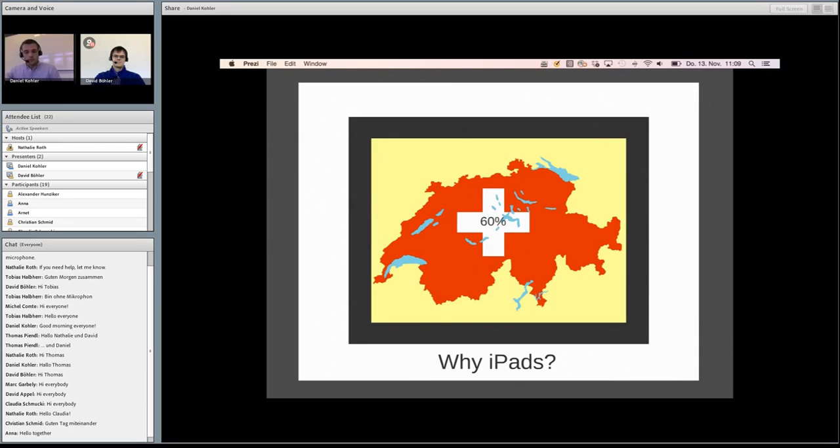And recently, Apple released a new technology within their technology set, the mobile device management, where you can even deploy the iPads wirelessly. So you don't even have to connect them. You could just deploy the exam data to the iPads, 200 bunch. So that was really convincing arguments for me.